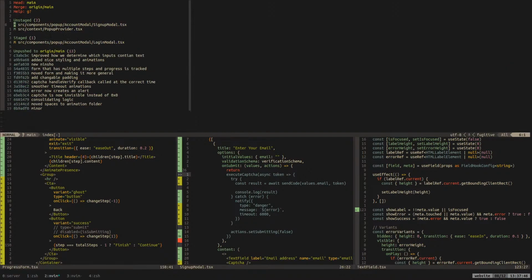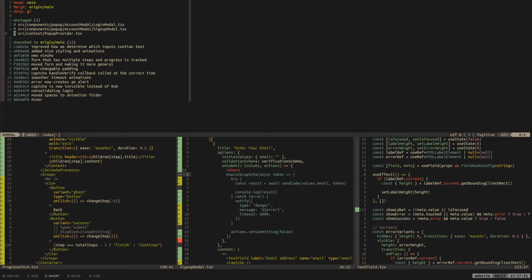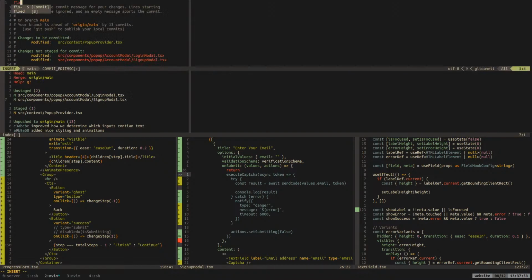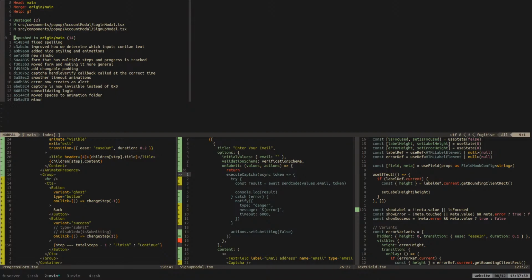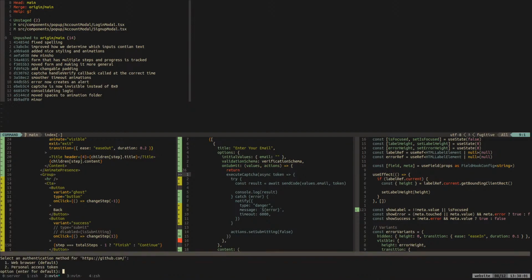If there's spelling mistakes, it's okay. Login modal, pop-up, fixed spelling. Okay, we can push these things now.